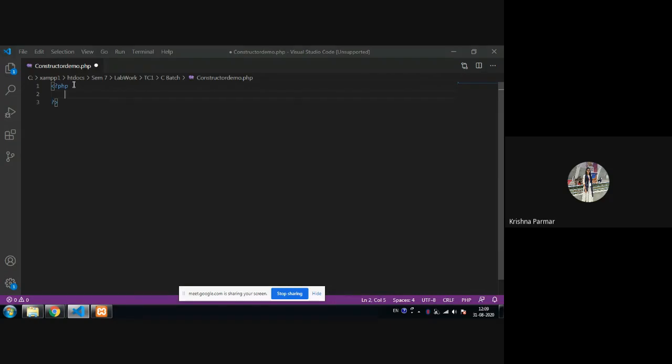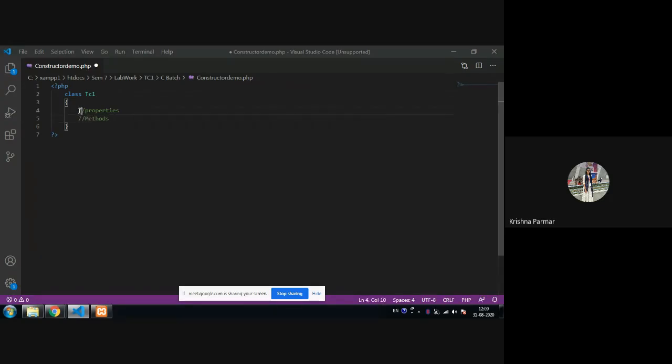So why are we creating the class? It is provided as a blueprint to other developers also, or it is used for data encapsulation, like we are hiding our data in the form of a unit that is called the class. So for that you have to use the class keyword, and after that you have to give the name of your class. Here I'm using tc1 as a class, and then in curly brackets you have to write everything. So this is the structure of your class. Now, your class includes either properties or methods.